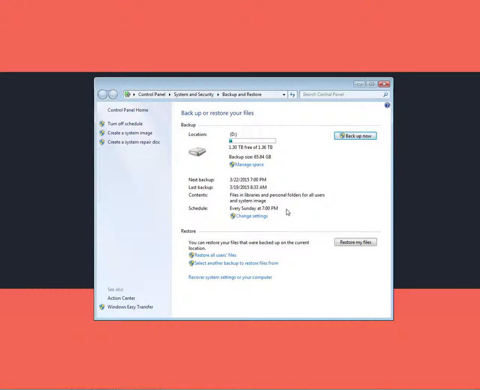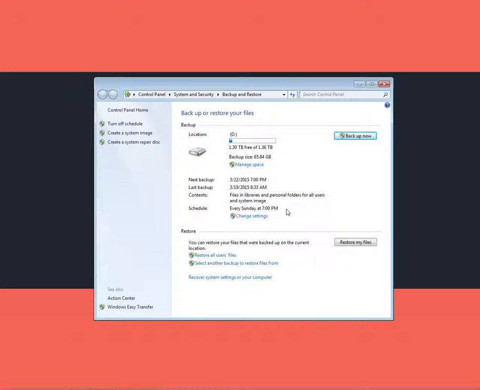Now, I recommend making a backup not only to your local drive, so that's your main hard drive, just in case you delete a file, you can always go grab it from that backup. But I also recommend saving it to an external hard drive or a flash stick if you have one. The reason I recommend this is if your computer fails, let's say your hard drive dies, it's very easy to just plug in your external hard drive and recover all of your settings from there. Because if your hard drive in your computer is dead, then the backup that's on it is also going to